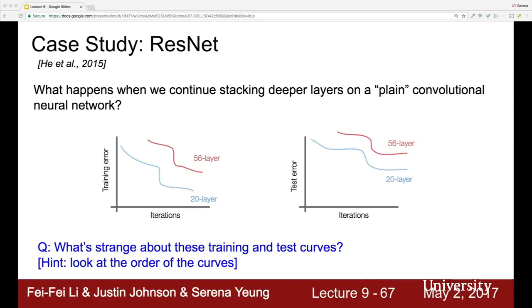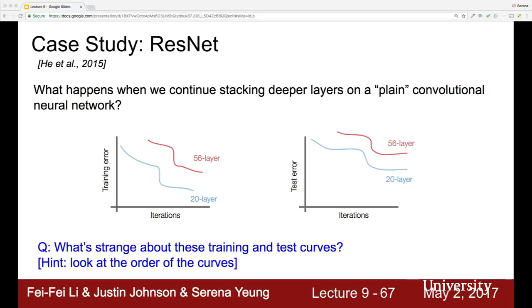If you look at what happens when you get deeper, here I'm comparing a 20-layer network and a 56-layer network, just plain networks. You'll see that in the test error here on the right, the 56-layer network is doing worse than the 20-layer network. So the deeper network was not able to do better. But then